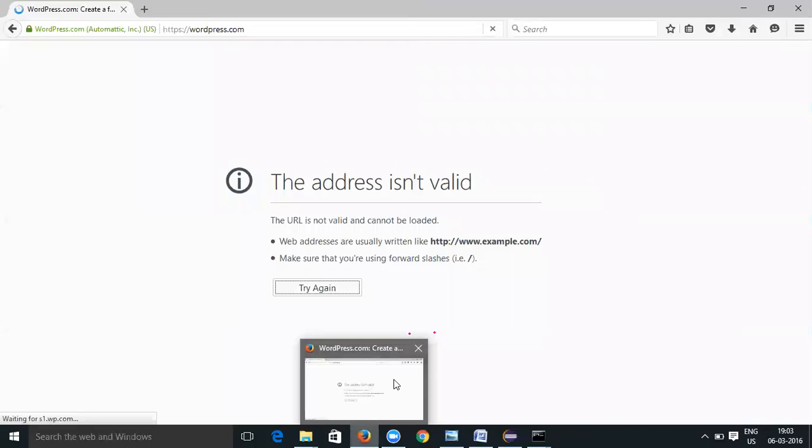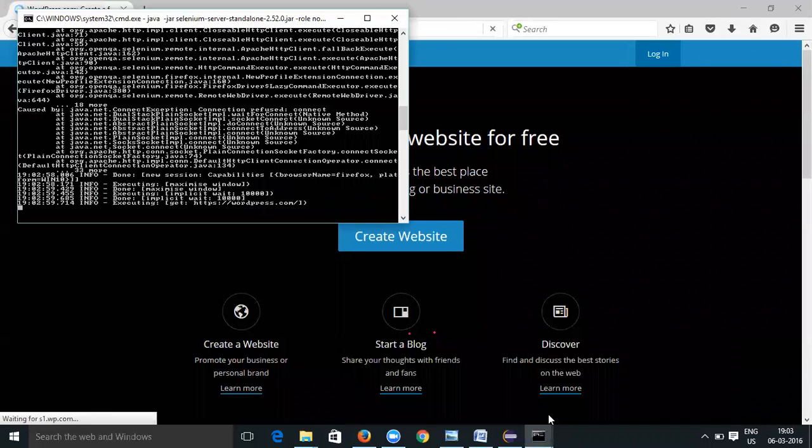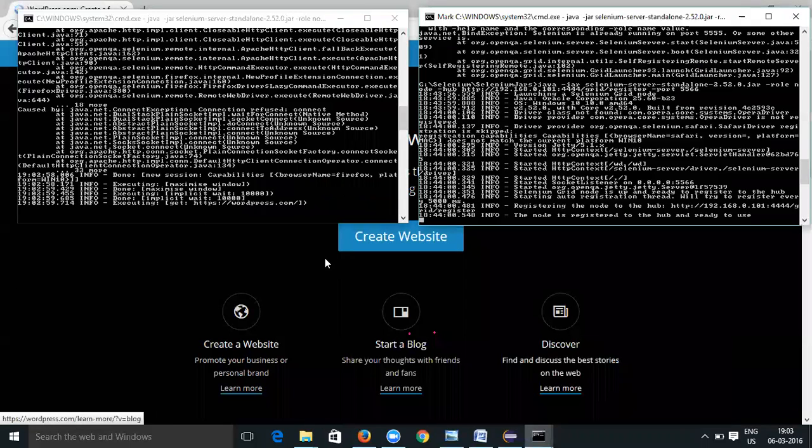Let's wait for the other browser to open. You can see on node 1 it says it is executing WordPress.com.